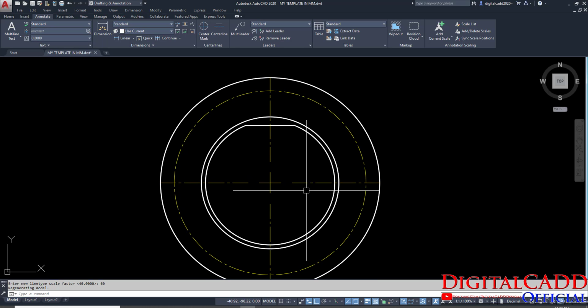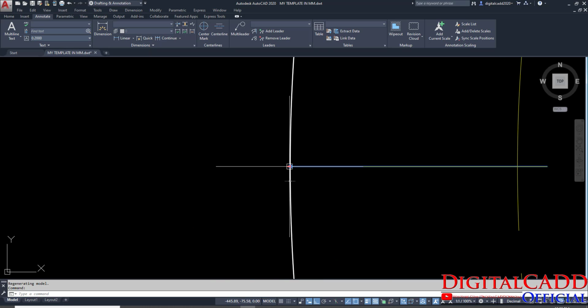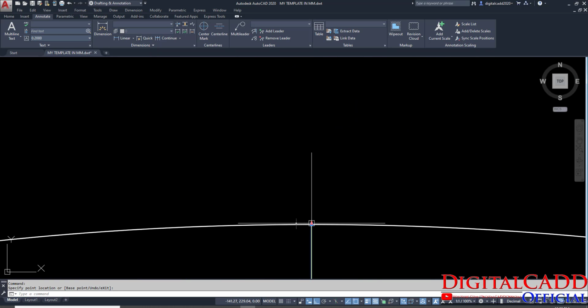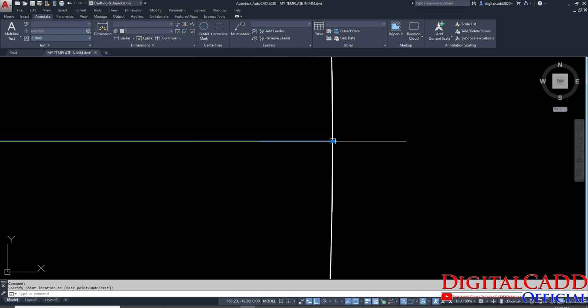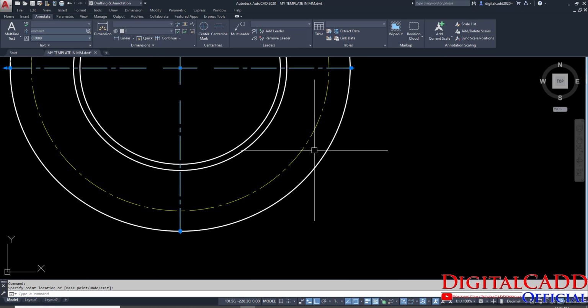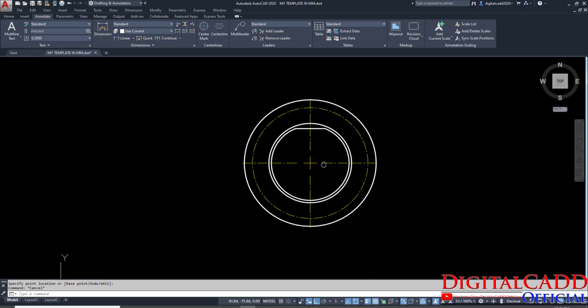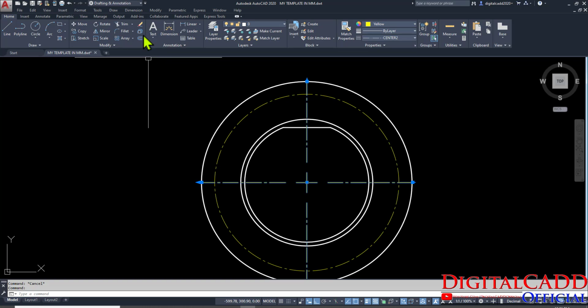Okay, and now we are going to again just if you want to increase this center line little bit, then just click here and drag it little bit. Here we have. Here you can see it's very simple, you know. Here we have. And again just select the center line and explode it, because we are going to rotate these lines. Okay, so nothing to worry, just select this line, go to rotate,